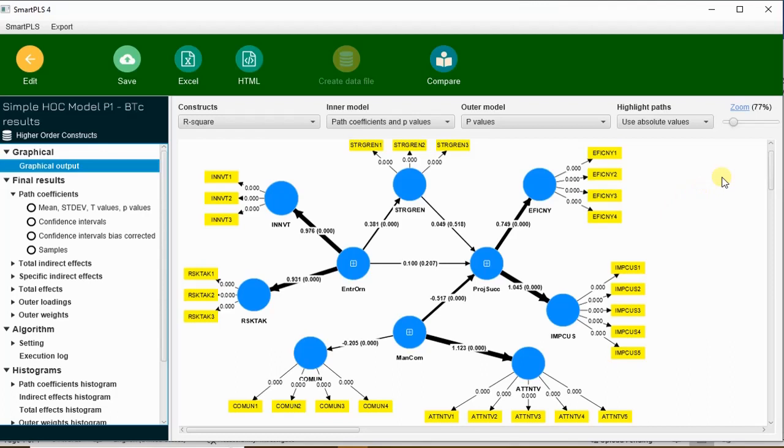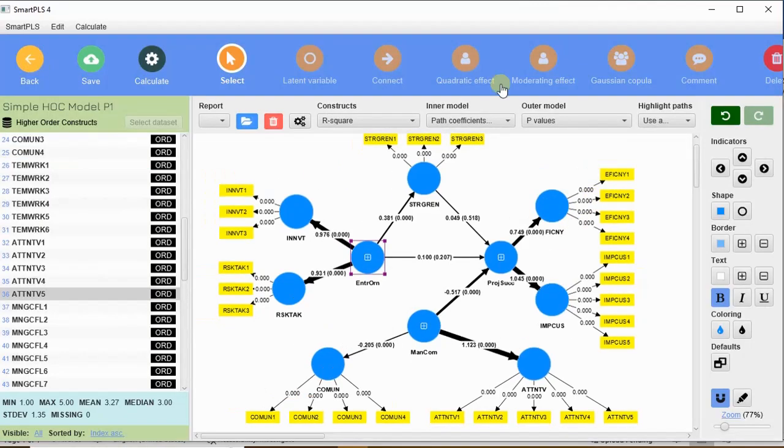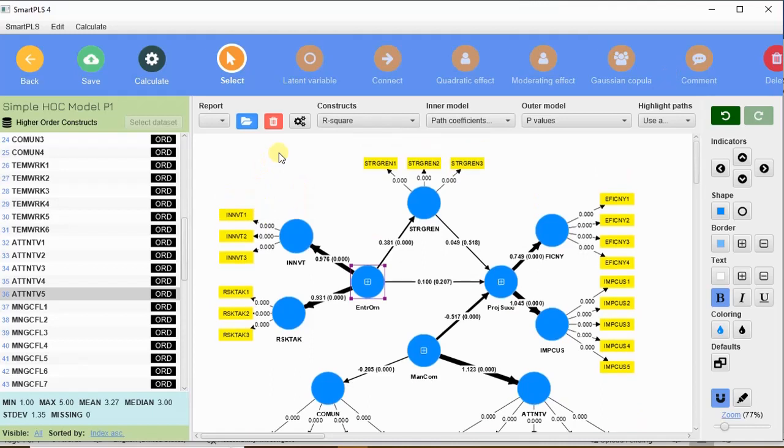For the second stage you need to obtain the scores of these first order constructs, and then we will use the scores of the first order constructs as a second order, rerun the analysis and find out the structural path results. So we are going to move back to the main window,